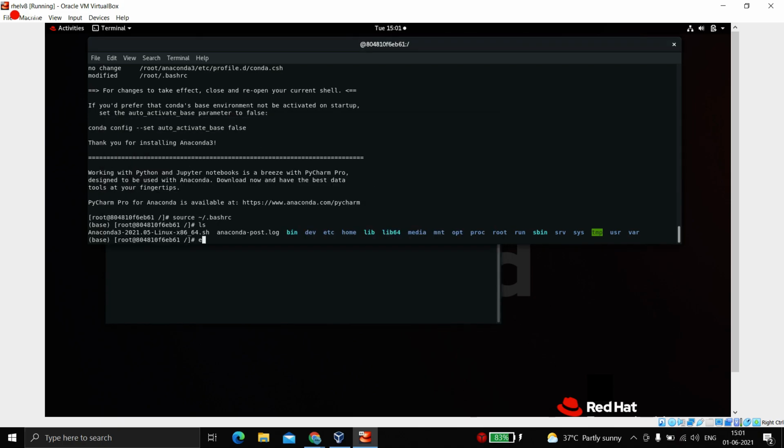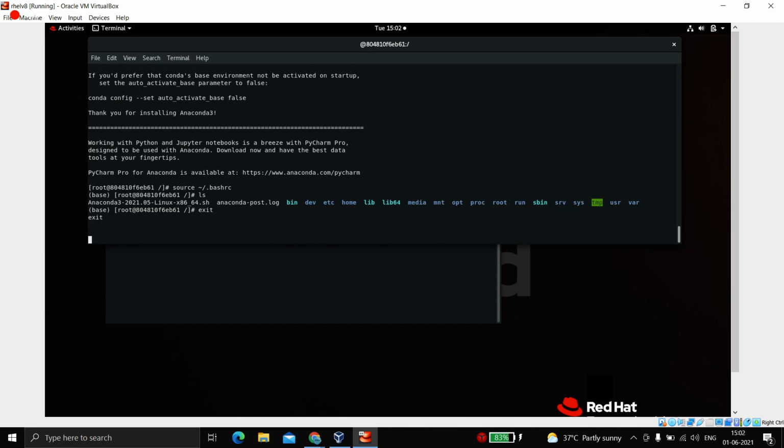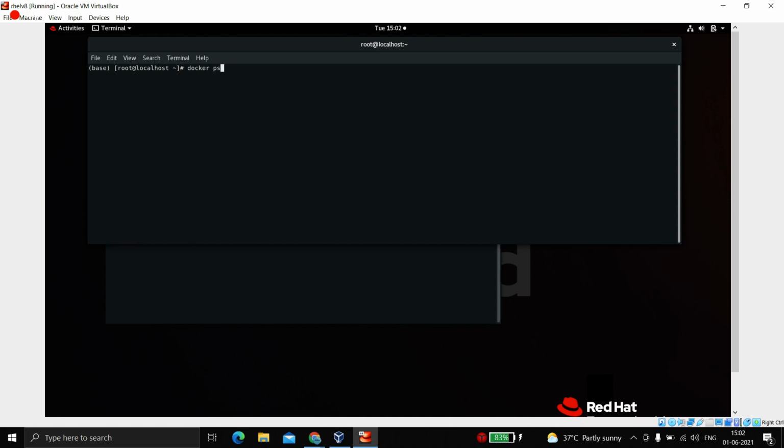Yes, so it is done. So let's exit it, and once I exit, it would automatically be removed because I used the rm tag. Now we don't need this, we already made an image out of it. So we are done, and let's wait for the shell to come up. Once it is, I'll launch the container which we created right now. As I showed you, this is the command, but now our image, which we made just a few seconds ago, is Jupyter notebook.